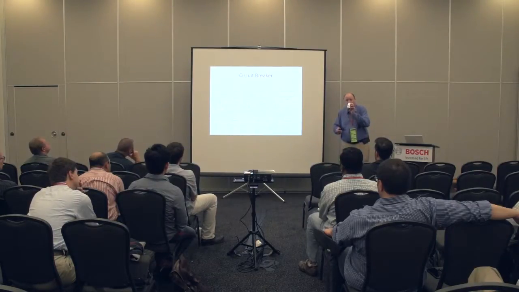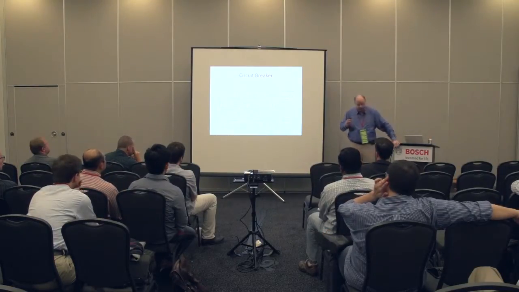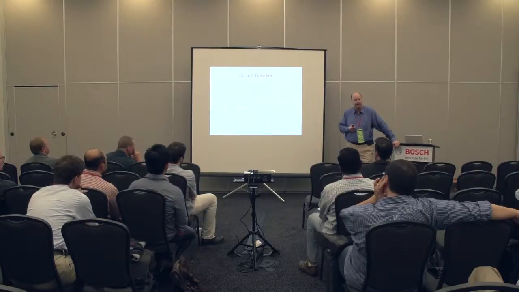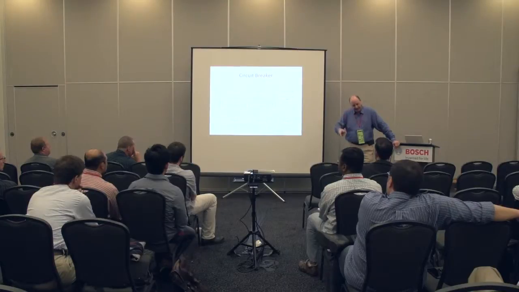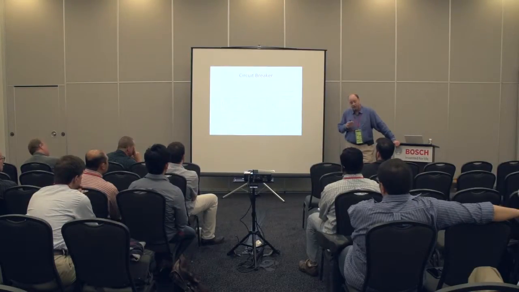Circuit breaker. Okay. This is modeled after the junction box in your basement. Something bad happens, circuit blows. Anything that's tied to that particular circuit doesn't have electricity. This software version works pretty much the same way. All right. Basically, if it notices a certain number of consecutive exceptions, it flips a switch, and the next time one of those types of transactions is tried, it errors out immediately. Now, why is that good?